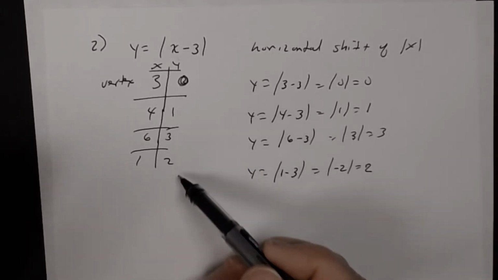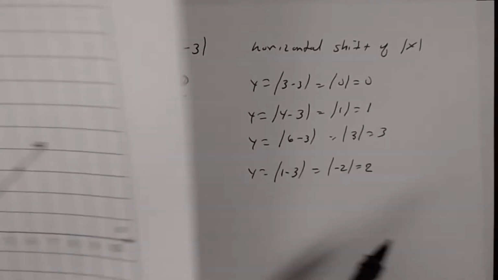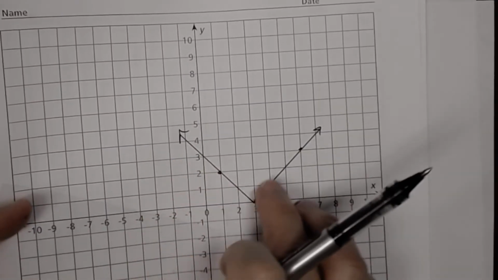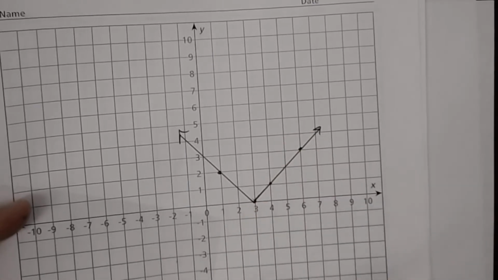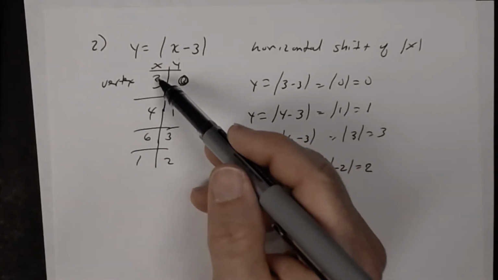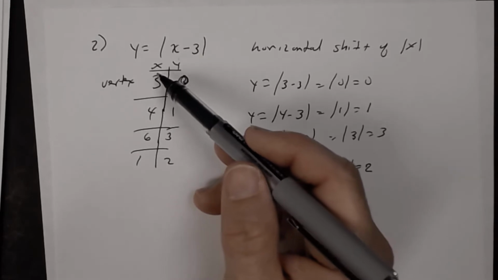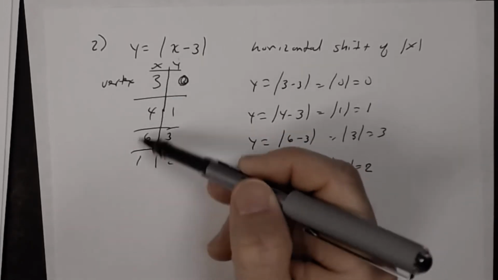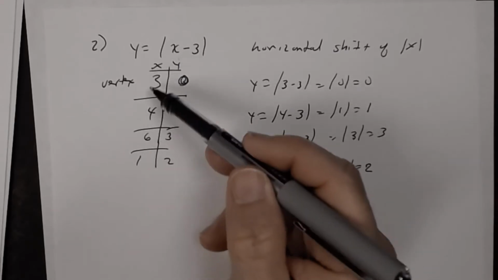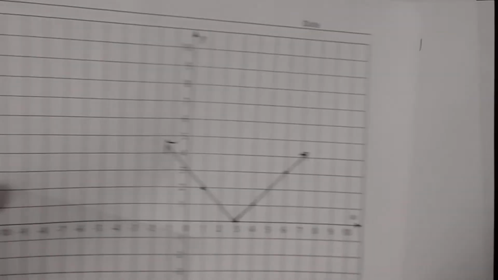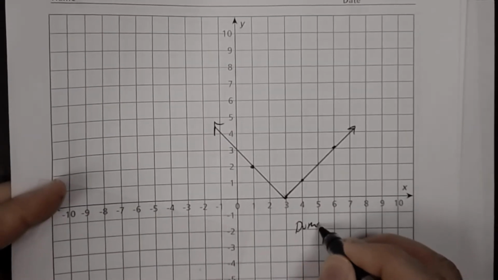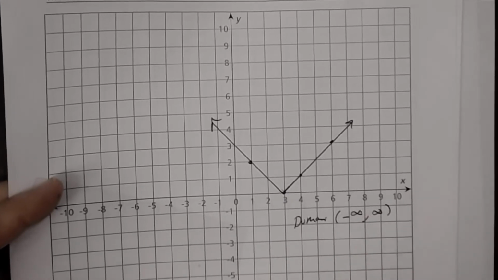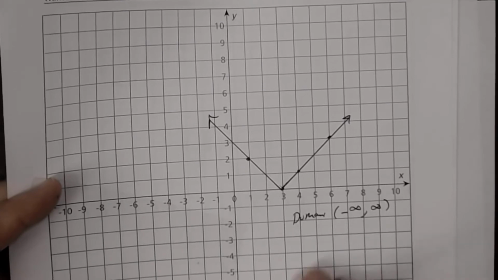We wanted the y coordinates to be integers, so that way it would make things a lot easier to graph. We didn't have to estimate. Okay, so knowing that, remember the domain is the set of x coordinates. Notice that for the domain, I could have chosen any number for x, any real number for x. So the domain will be any real number, so -infinity to infinity in terms of interval notation. So all real numbers